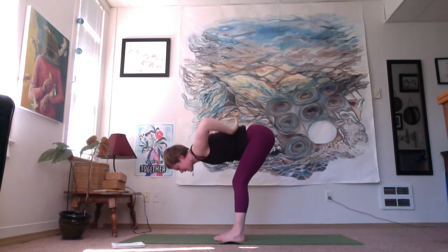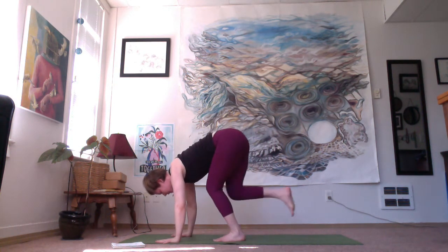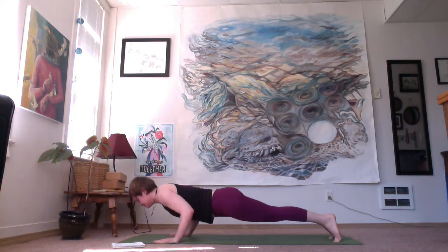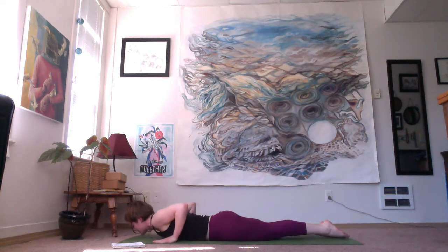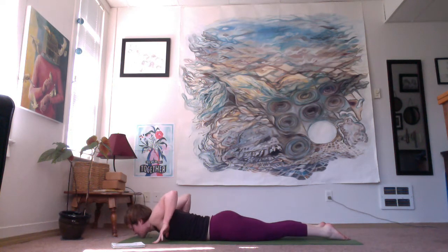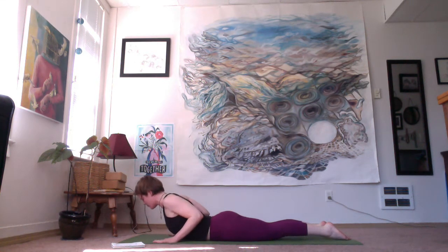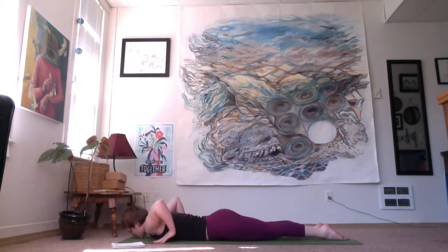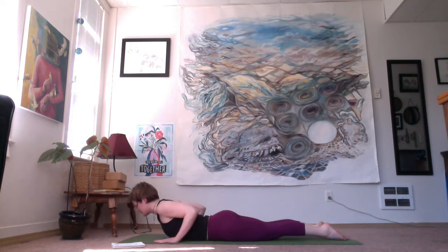And then releasing the hands to the floor, step back to your plank pose, and then lower down to your belly. And point the toes back, tops of the feet on the floor, tailbone reaches to the heels, lift to your cobra, and again we're drawing those elbows in. Lift up nice and tall, and exhale, lower. Make sure you keep the legs active, reach long through the tailbone. Inhale to cobra,